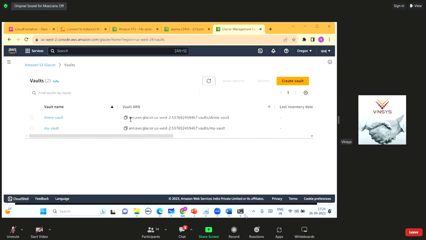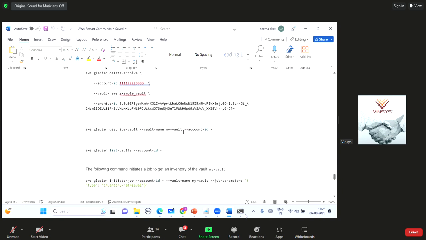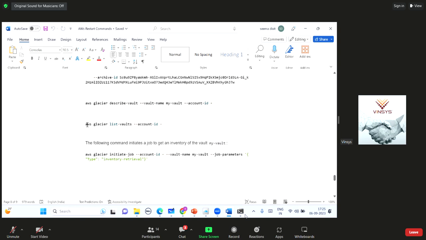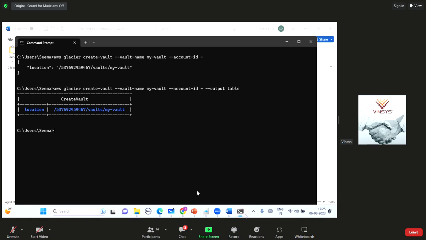So my vault will have the ARN, and it is something like this. It is having my account ID inside it, the vault, and the name of the vault. So that was one command. Now, second command is, if I want to list the vaults. This command is very simple. Even you can upload the archive as well. So if I simply use the copy command, and paste it here,